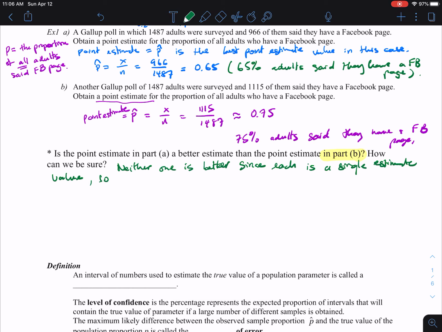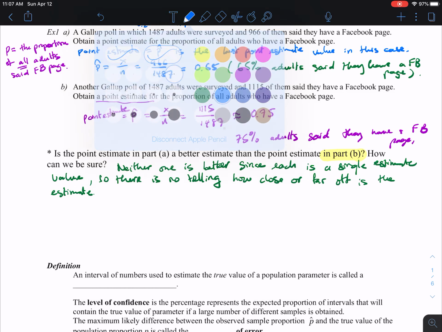So there is no telling how close or far off the estimate is. Certainly we can't say part A's estimate is better than part B. However, if we do this,